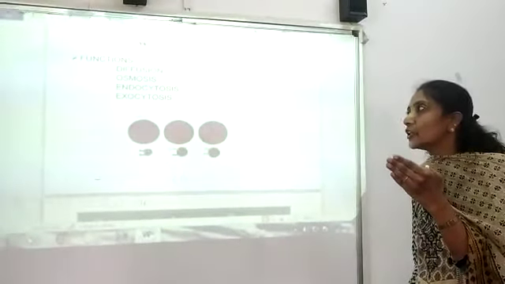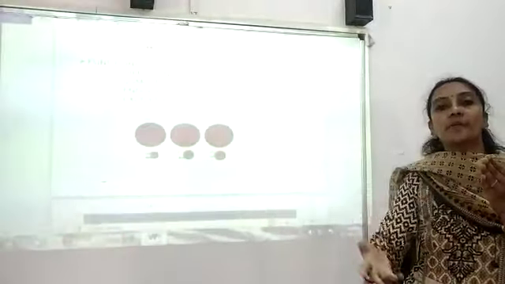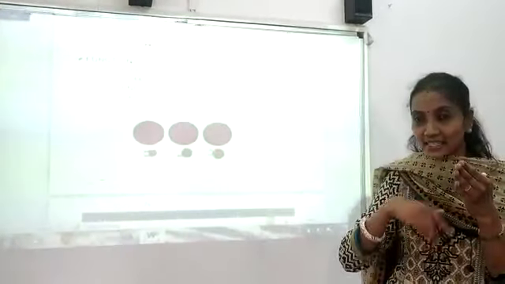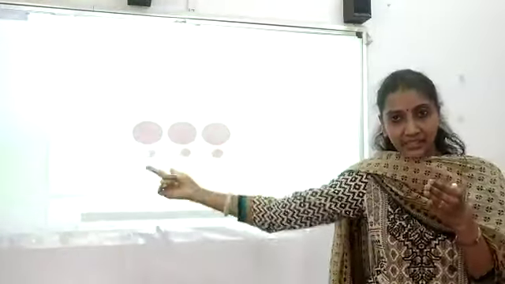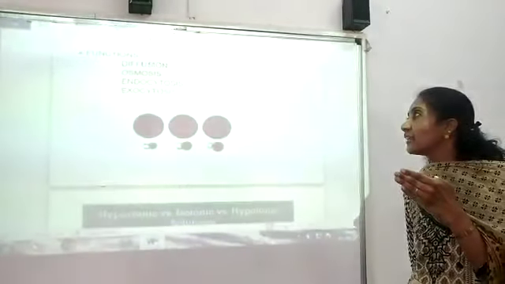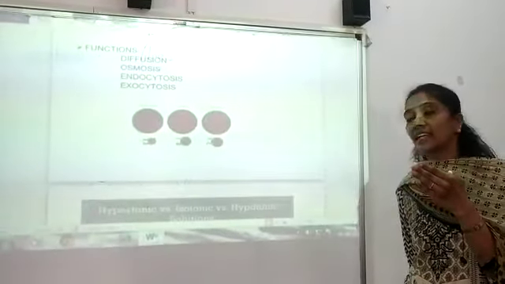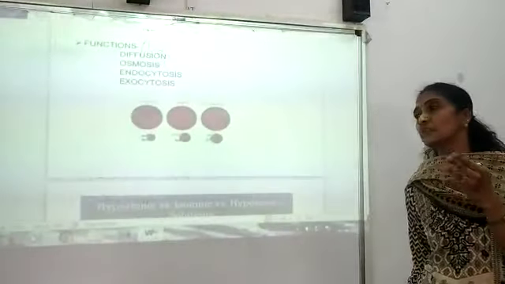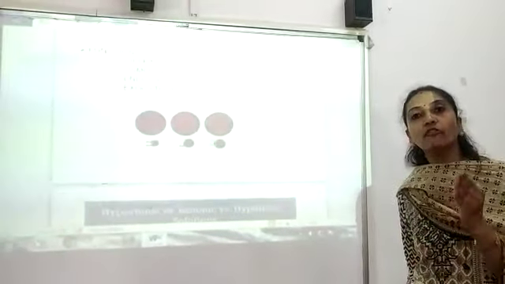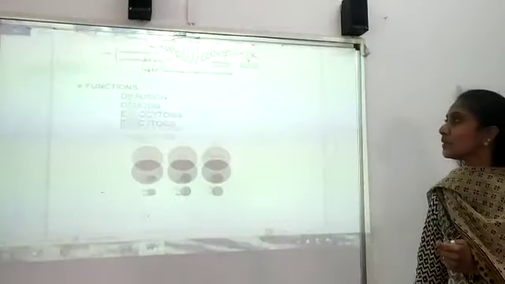Along with that, exocytosis is also known as cell vomiting. That is, the cell will give out all the unwanted materials which are present inside the cell, again through the plasma membrane only. So children, this is about the functions of the plasma membrane. Be thorough with the processes of diffusion and osmosis, there is not much difference. Diffusion is the movement of gaseous molecules, whereas osmosis is the movement of fluid molecules. Here we take only the major example of water, because water is easy to move in and out of the plasma membrane. So this is about the cell membrane.